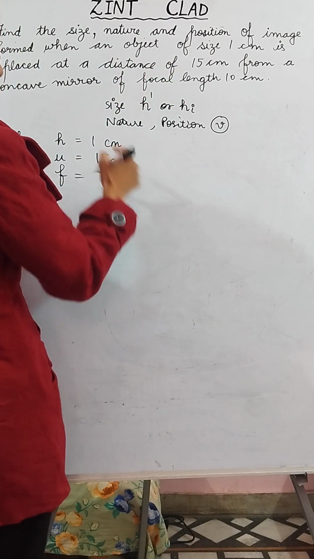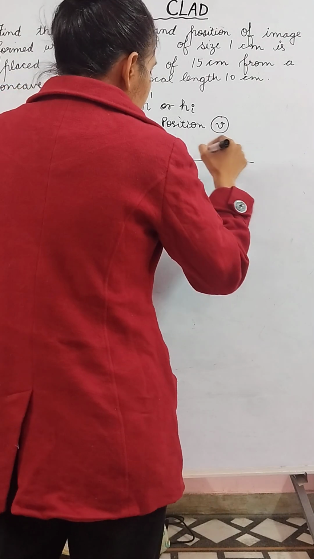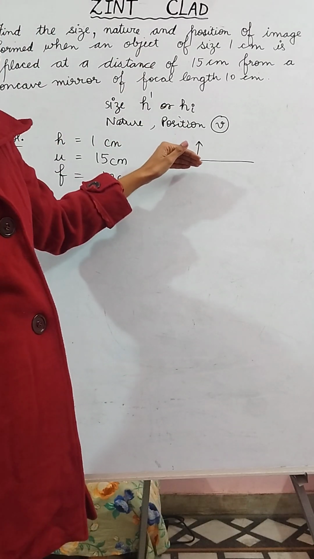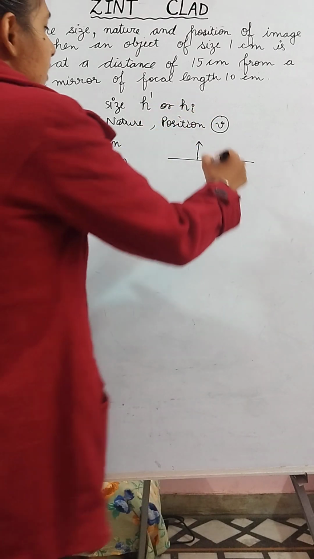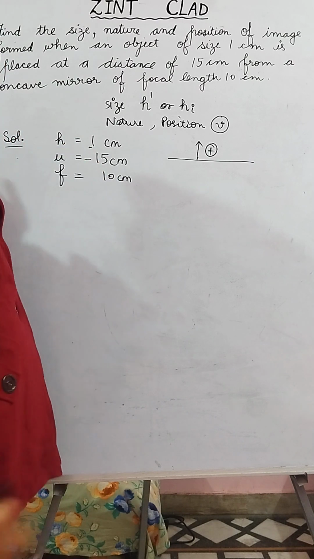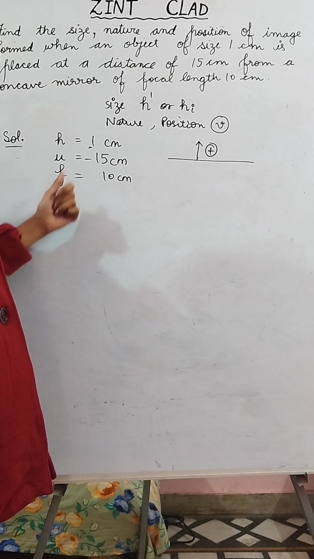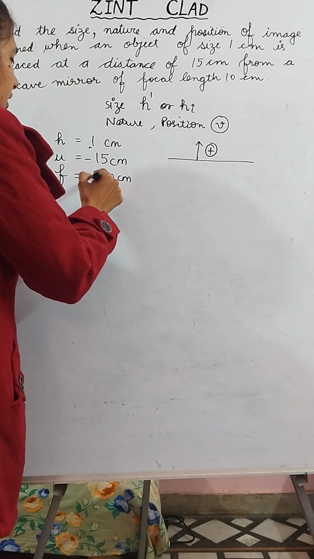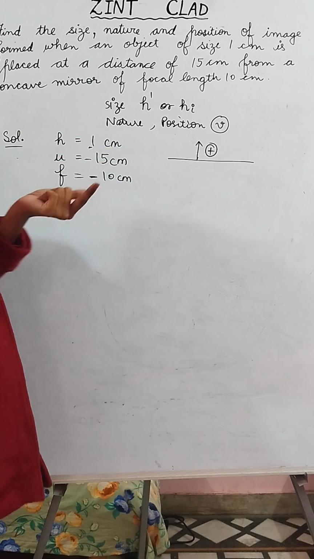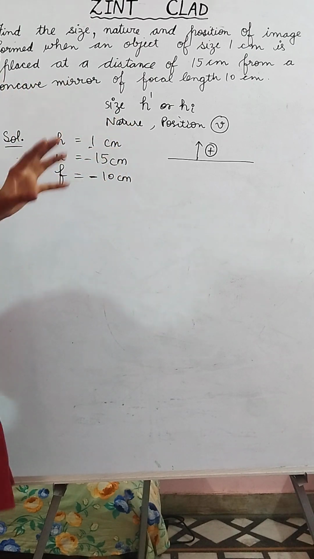Now we'll understand where plus will come and where minus will come. Height of object. We always keep the object upright on the principal axis, that means on the upper side of principal axis, and we take the distances which are on the upper side of principal axis positive only. So height of object would be positive only. U is always taken to be negative because object is always placed to the left side of the mirror. And next is focal length. Focal length of concave mirror is always negative. Clear? U would be negative as the object distance is always negative. F would be negative as the focal length of concave mirror as well as concave lens is also negative.